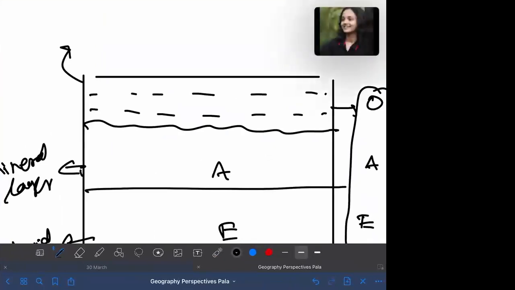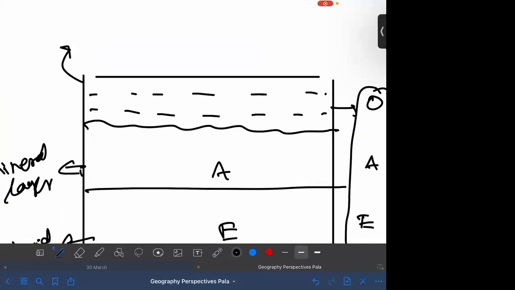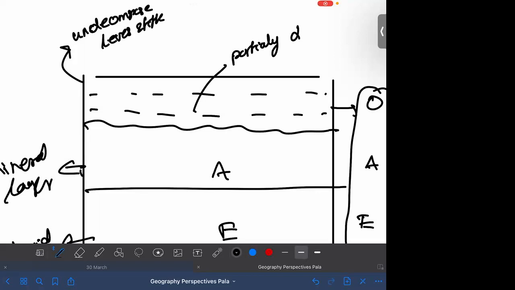Very important point. Okay, so the top layer, that is the O layer. The O layer is where you have the organic matter present, because the litter, dead fossils, leaf fossils, animal fossils, all these would be present in the top layer. So obviously the top layer would be the most fertile because all these elements are present. So the first layer is the layer of undecomposed leaves and litter. And the rest two are the layers of partially decomposed litter.